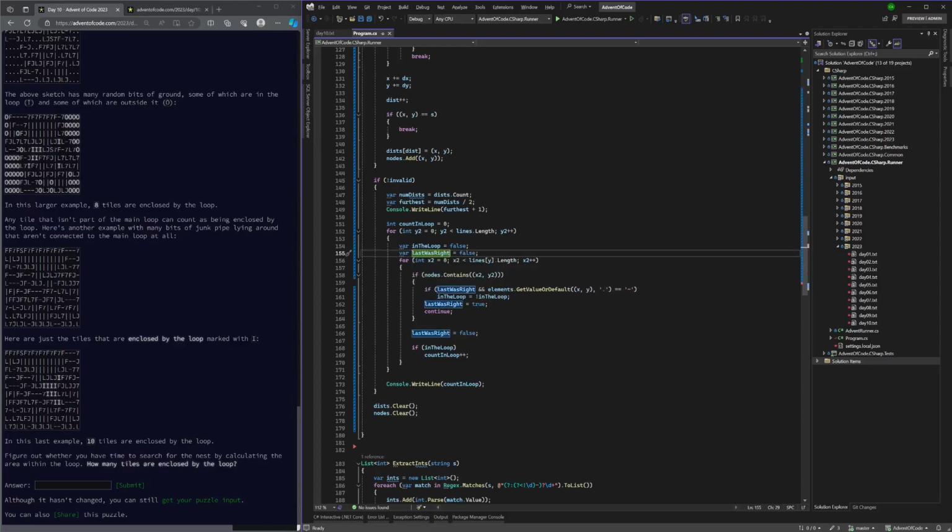Well, actually, it's the ones that are going right and left. Oh, but we don't want it to count if it's coming in to the right. So it's actually like